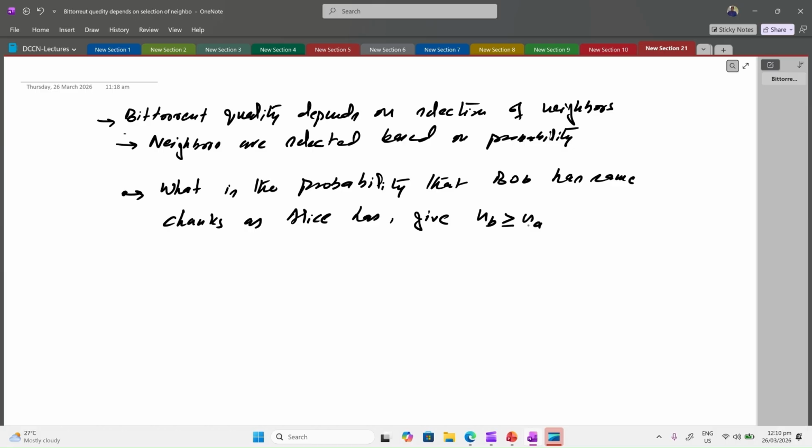This probability that Bob has all the chunks that Alice has can be calculated using combination notation, is equal to,